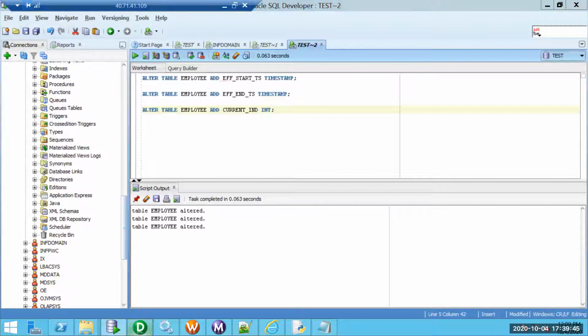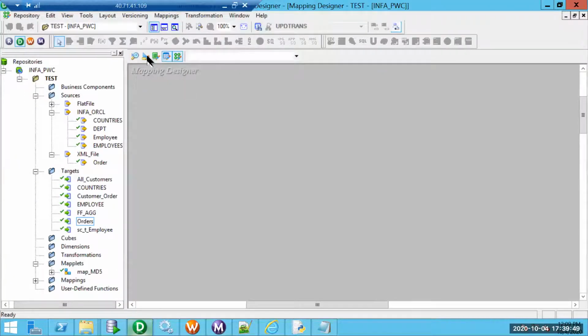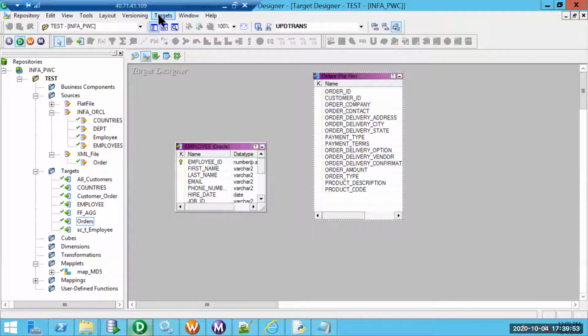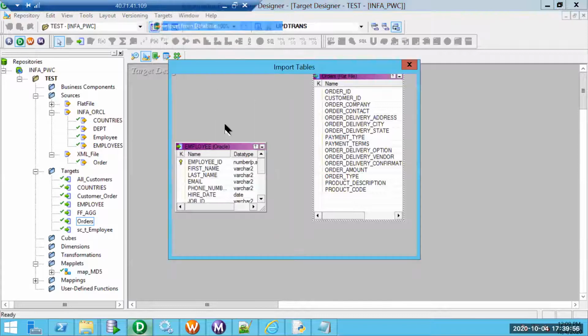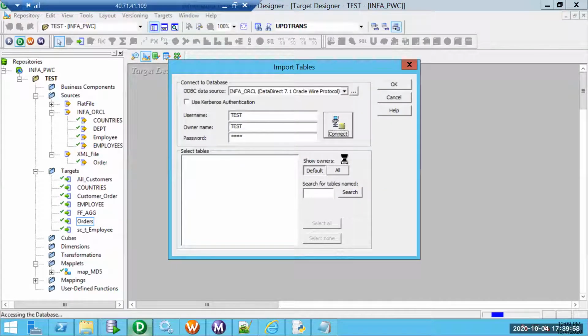So let me import this target definition: target designer, targets, import from database. I'll connect to the database. I'll try to filter the employee table, search, then it gets narrowed down to the table. I will select the table.